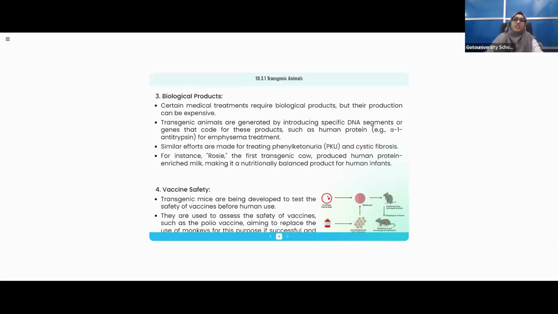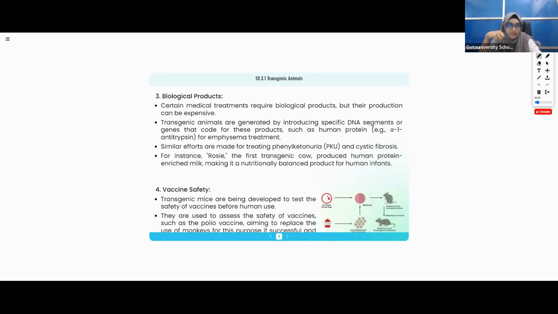So next we are going to study the third point, that is biological products. So biological products means what? For medical treatment, we require biological products. The production of biological products, we know, is very expensive. So certain medical treatments require some biological products, and those products are very expensive. Transgenic animals are generated by introducing some specific gene, some specific DNA segments in their body, so that they will give us some biological products which will be very useful for